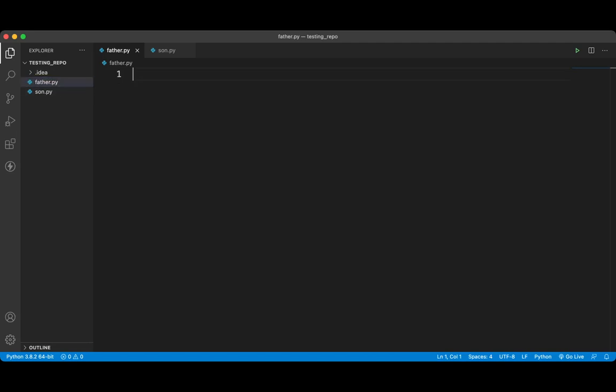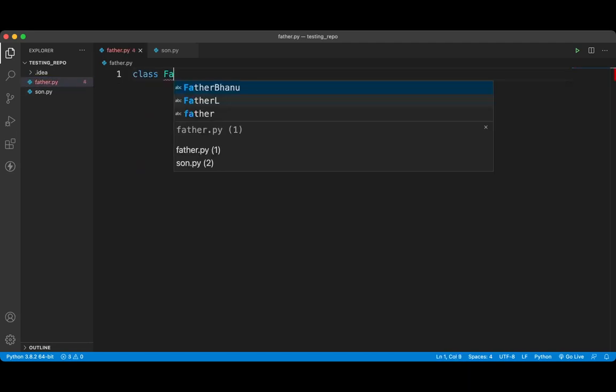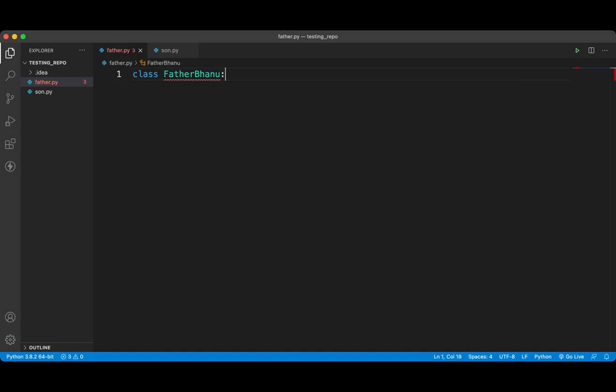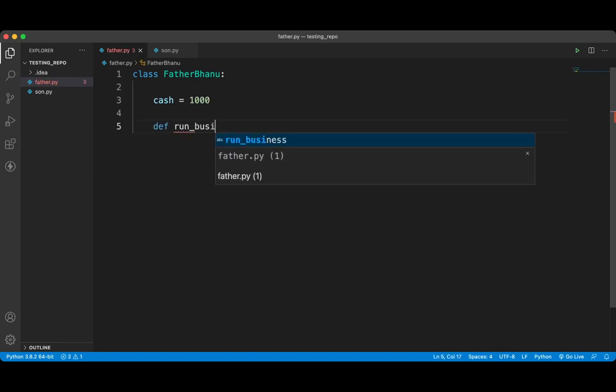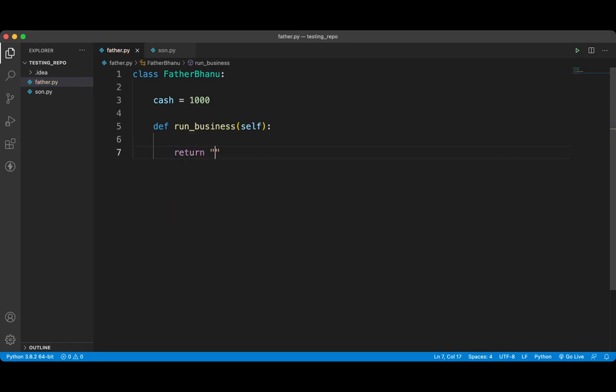Let's say we have a class named Father Bhanu. Now he has some cash, and he runs a business. Self is necessary for a class. And he has an annual turnover of, let's say, 10,000.